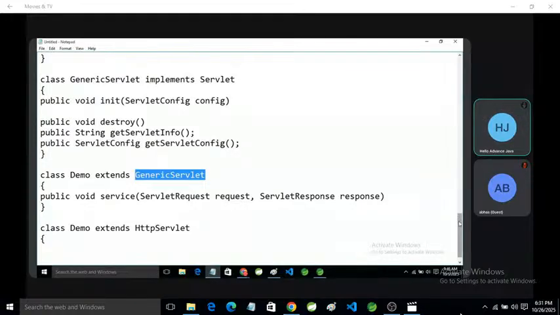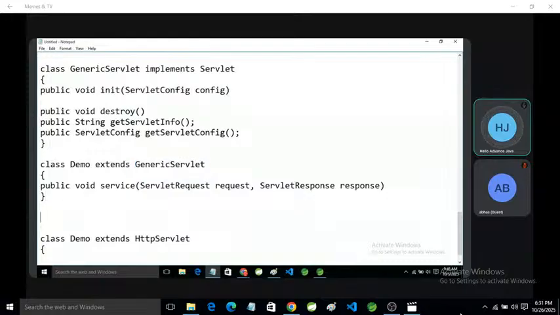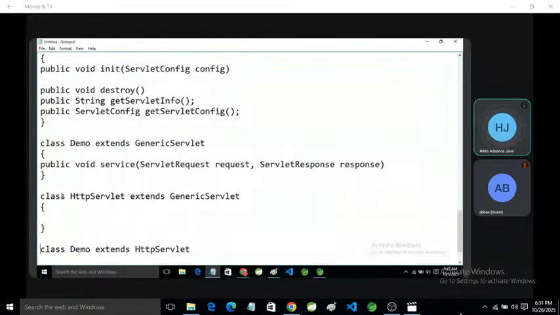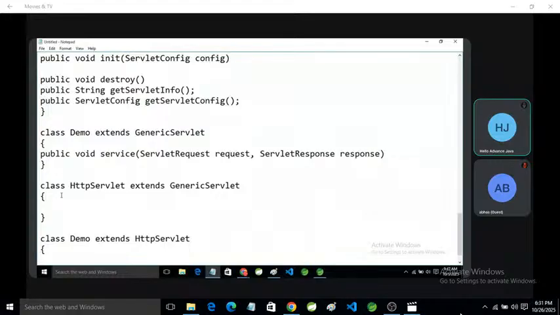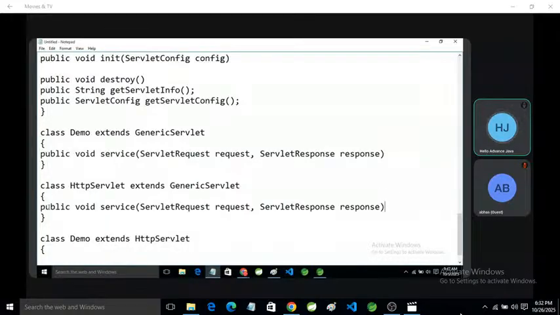We have another class, named HttpServlet. Java provides us another class named HttpServlet, and HttpServlet extends GenericServlet. GenericServlet already implemented four methods, and HttpServlet provides the implementation of the service method also.